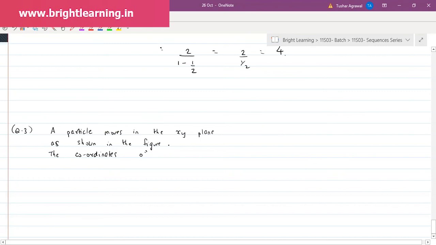The coordinates of the point where the zigzag converges is